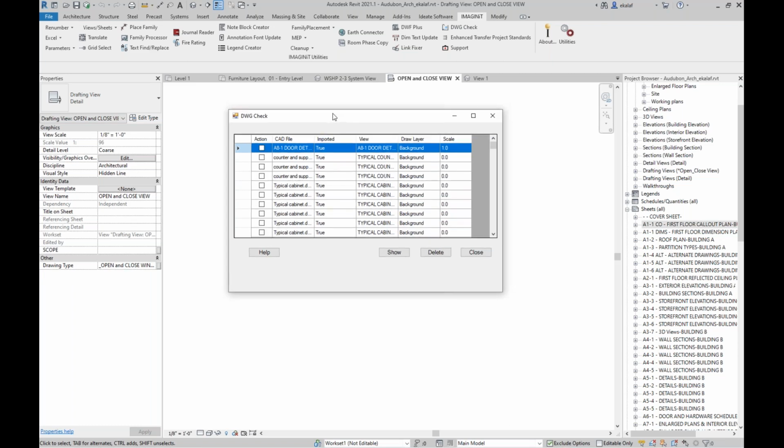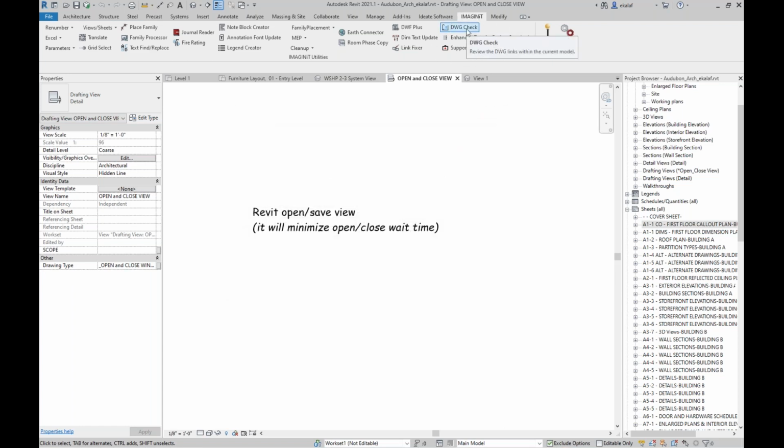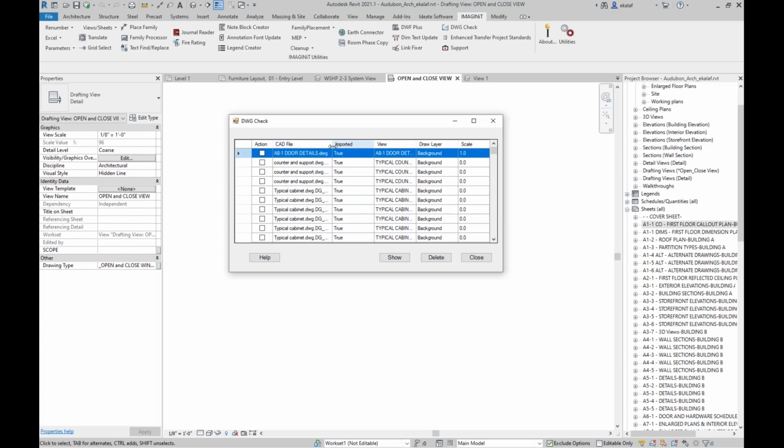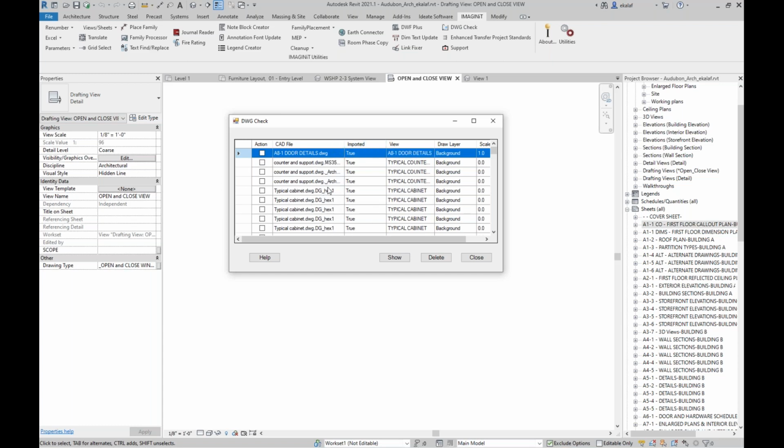So in this case, you can tell that there's not a lot of good practice over here, in this file, and it's done on purpose, just an FYI. So notice over here how when I click on that DWG check tool under my IMAGINiT tab, it shows us this dialog box right here, showing me the name of the CAD files, if they're imported, the view that they're located on, and so on and so forth. Where it says imported and it says true, it means that all these DWGs are imported to the Revit file,